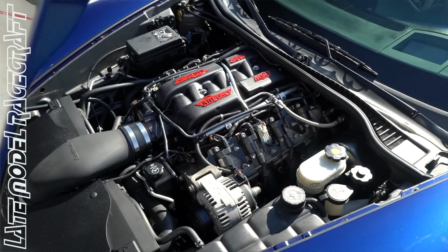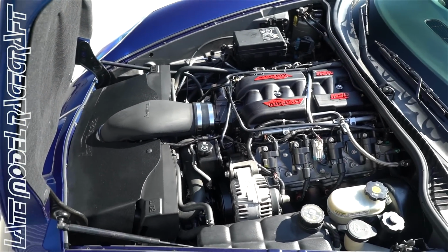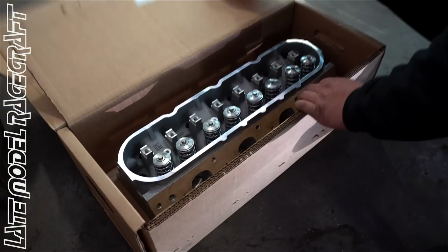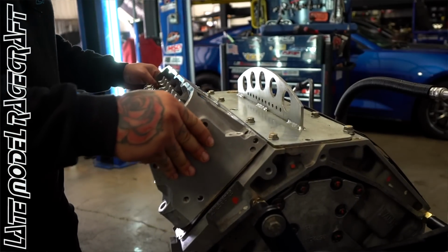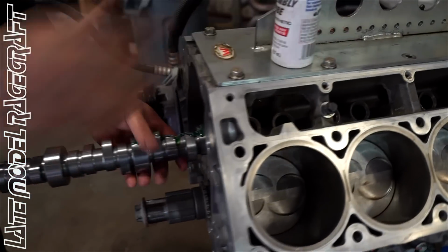So you pop the hood, first thing you see, MSD intake manifold, Haltech big cold air with a large throttle body on it. We pull the engine out of these things. Full CNC cylinder heads from our guys at LME. New valves, keepers, locks, valve springs for the high lift camshaft. Of course, the custom grind cam. And like I said in probably the other video,